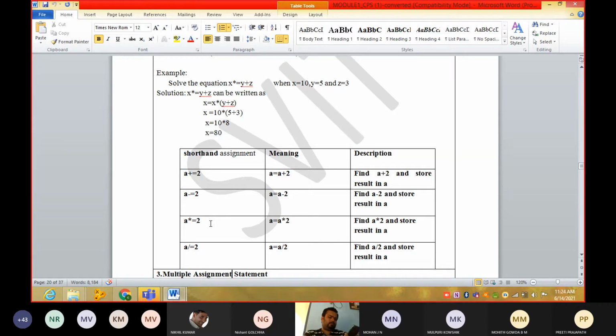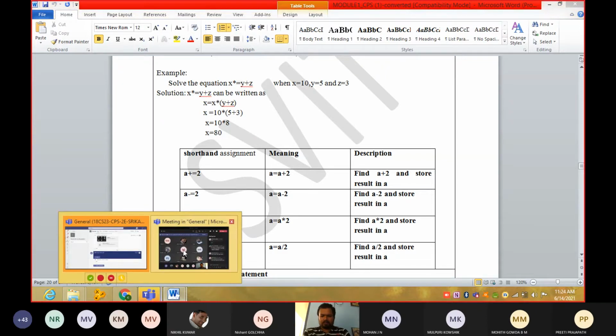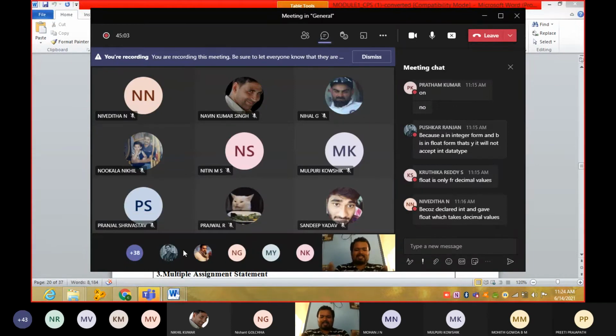See guys, this is how we are going to write. Yeah, is this clear? It was a new thing for you people. Assignment operator, shorthand assignment operator. Is it clear? If it is clear, reply.